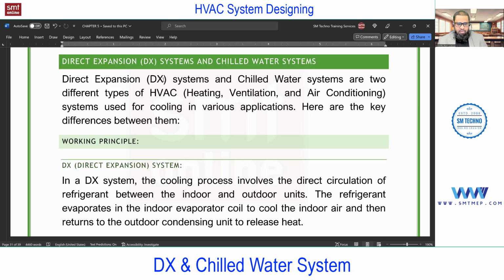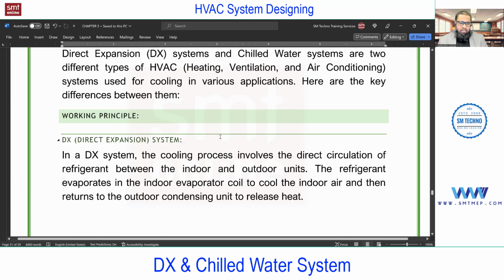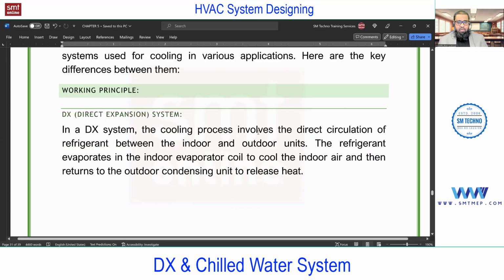Apart from this, from the installation point of view, efficiency point of view, or cost point of view, we have these differences that I'm going to cover. So you already know the working principle that I explained. In the DX system, the cooling process involves the direct circulation of refrigerant between the indoor and outdoor. The refrigerant evaporates in the indoor evaporator coil to cool the indoor air